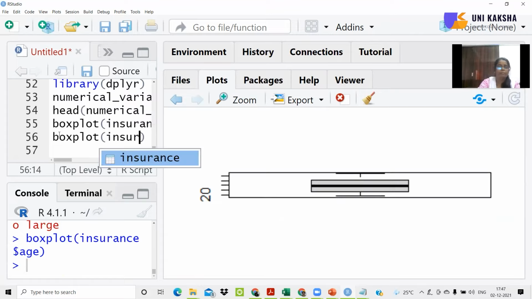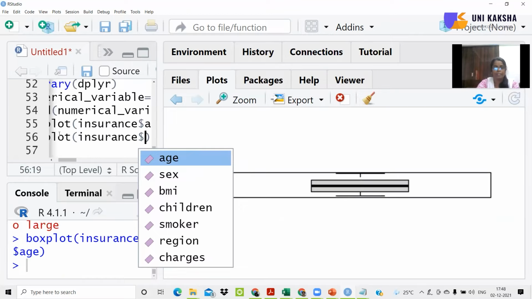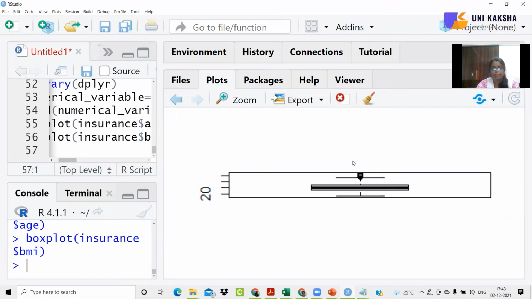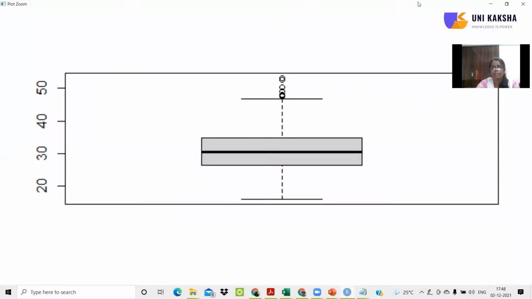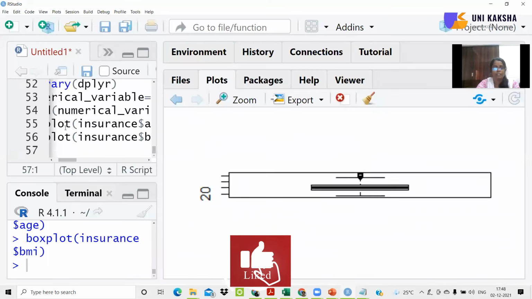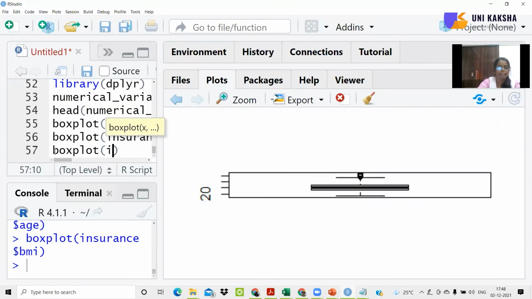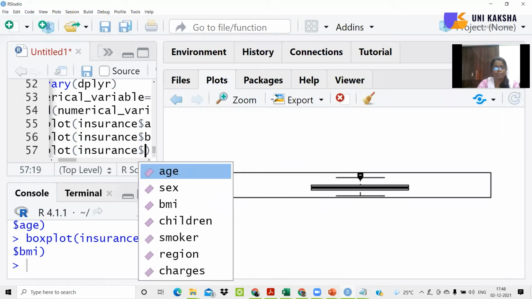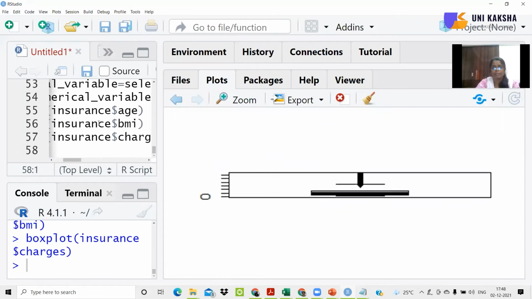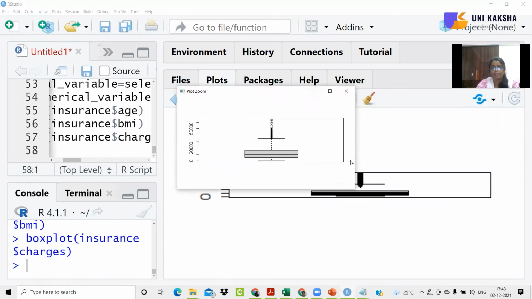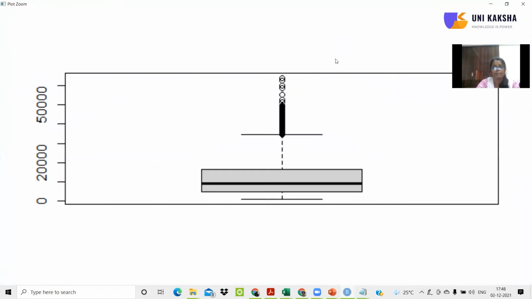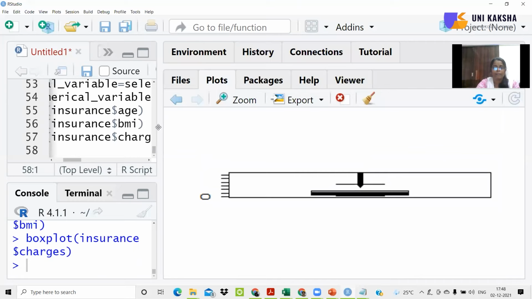Let's generate the box plot for insurance $BMI now. There are few outliers towards the positive side if you closely look into this, right? And similarly, let's try to check the box plot for insurance $charges. So again, there are outliers present in this charges column. A lot of outliers are present in this column.